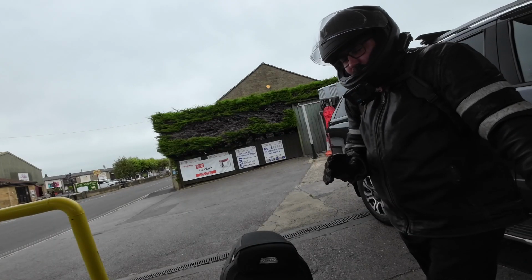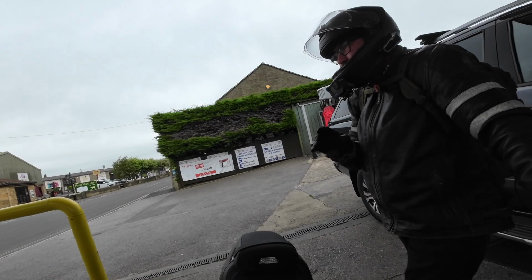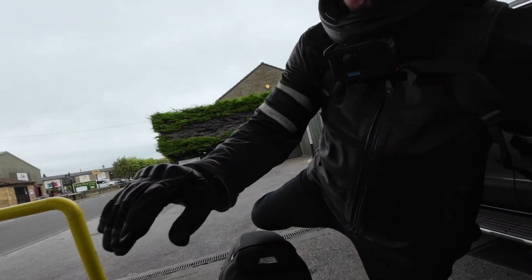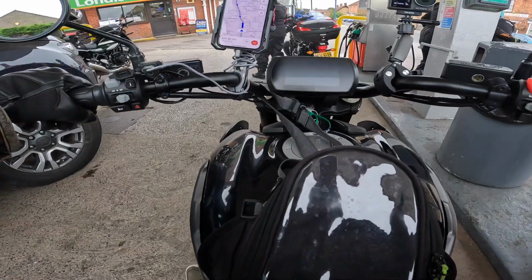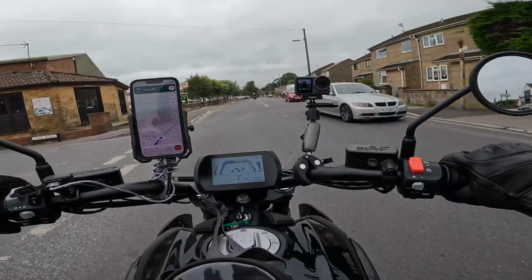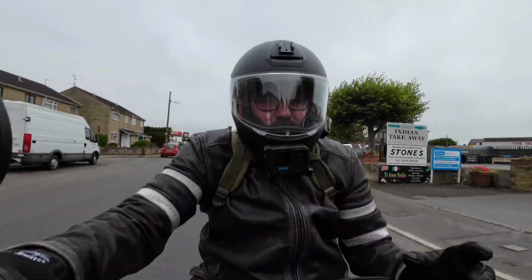Okay, so the bike, from the fuel light being on, and it's done about 200-ish miles, has cost £24.87 at the current cost of fuel. That, to be fair, isn't too bad, is it? Isn't too bad at all for a big 1000cc, or 997. So our plan after leaving the petrol station is to go most of the way now on the